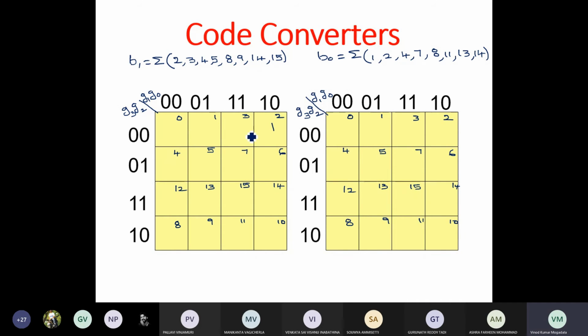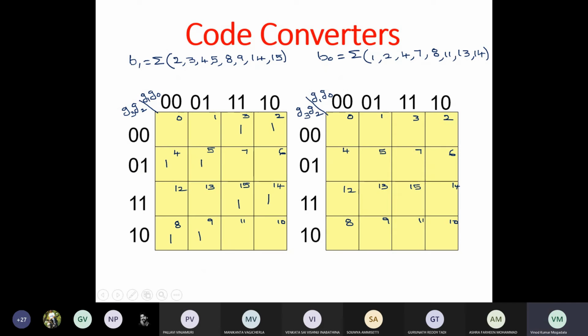So 2, 3, 4, 5, right? And then 8, 9, and then 14, 15.